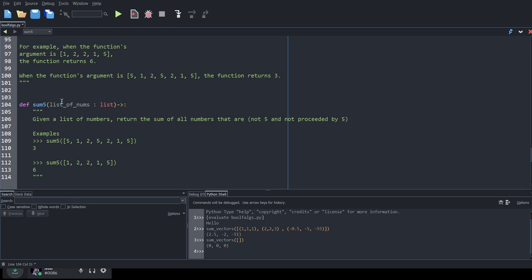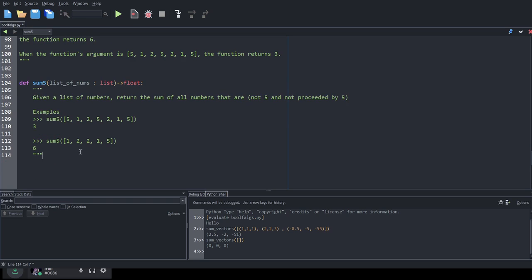And we're going to return a number, let's say float, because we want a list of numbers, they might give us floats. So we've got to accommodate the fact that if we get even one float included in our addition, we've got to return a float. Okay, so we've got our docstring down.